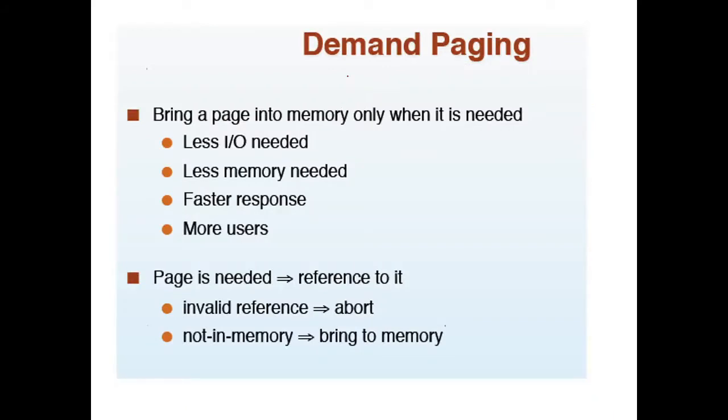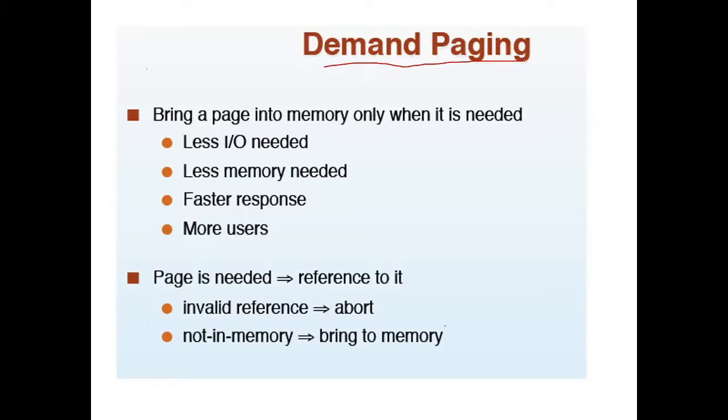As I told, virtual memory is implemented with a technique called demand paging. By the name only you will understand: demand paging means whichever page the user requests, only that page has to be brought from secondary memory to main memory. Only that page will be placed in the main memory. In this way, it makes proper use of the memory. Memory utilization will be proper, and it is implemented with virtual memory.